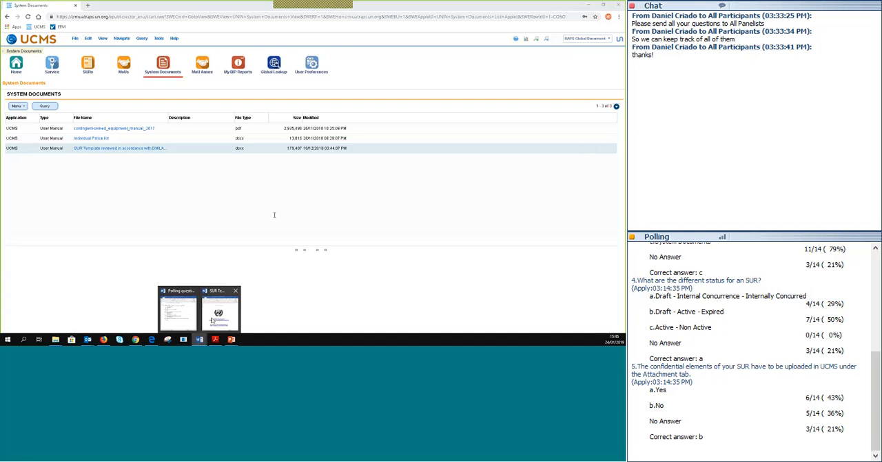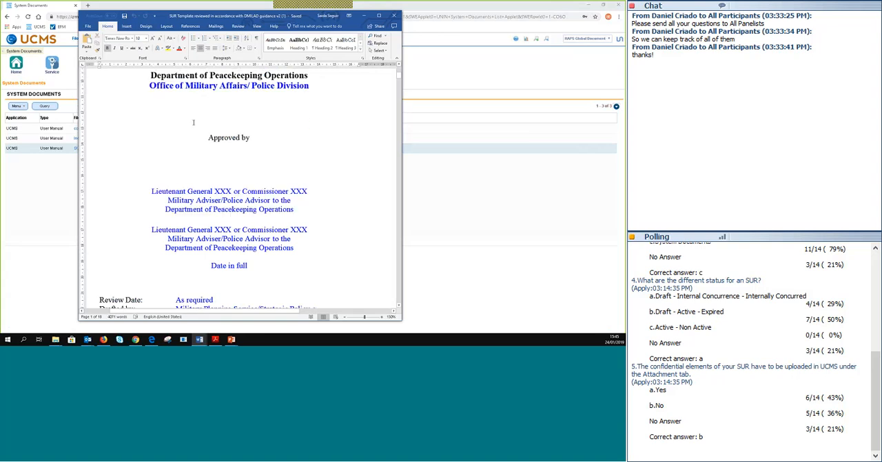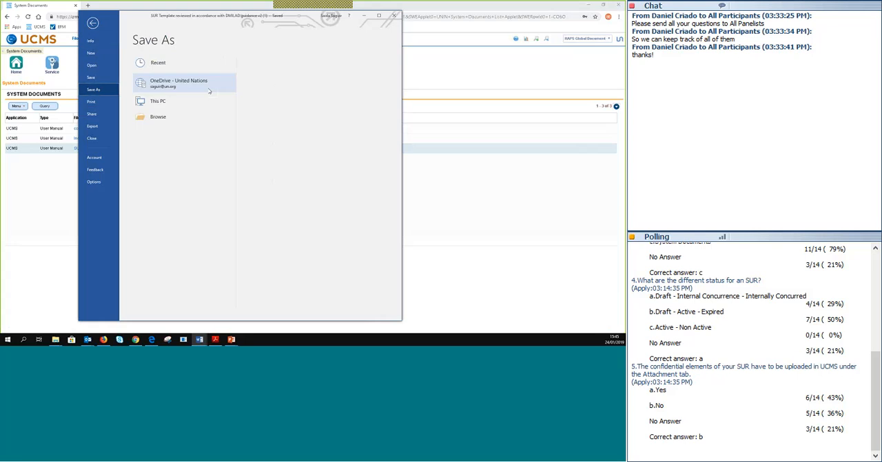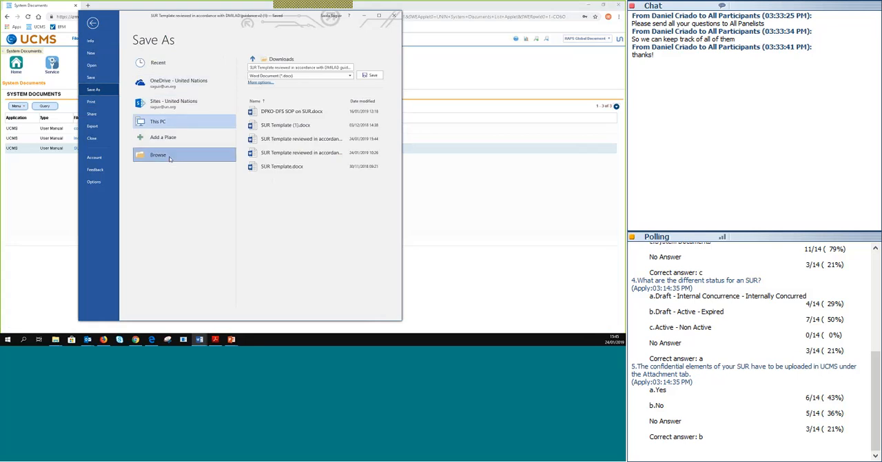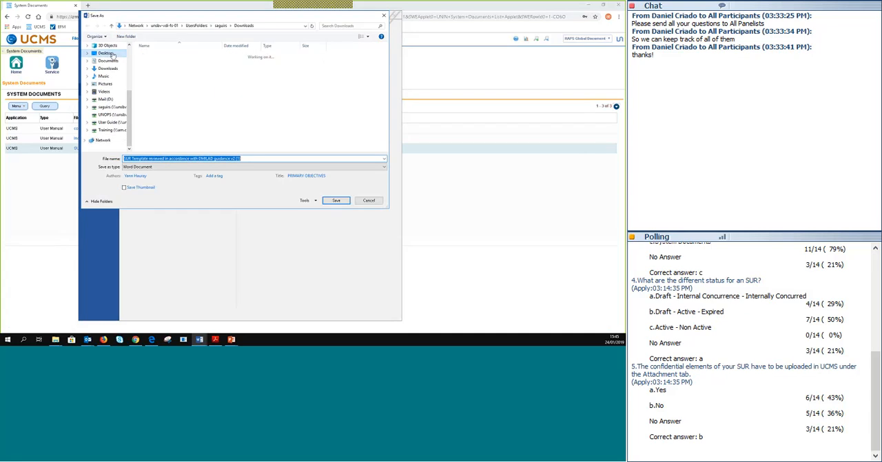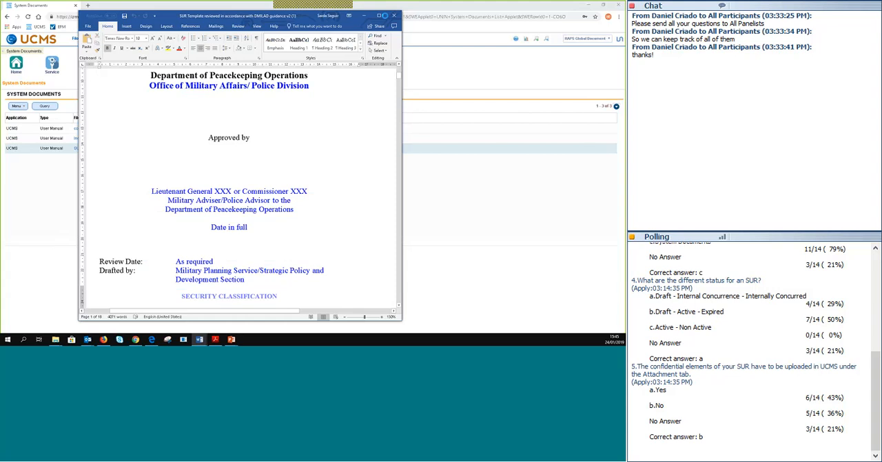So here it is, this is my template, the SUR main body template. So I have downloaded it. I will save it wherever you want to save it, okay? And update it outside the system. Very good. So now imagine I have updated it and my